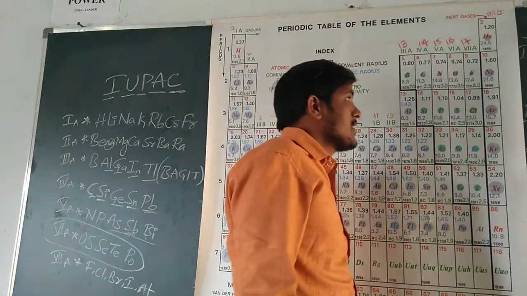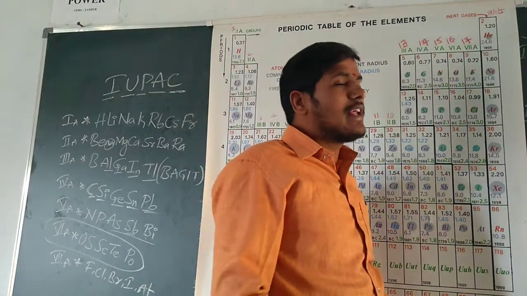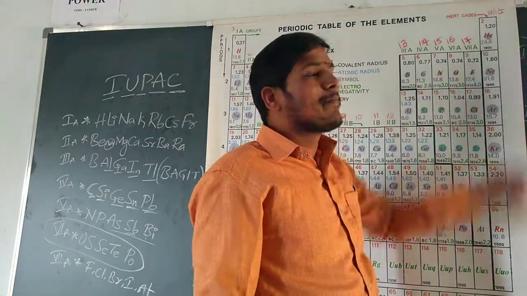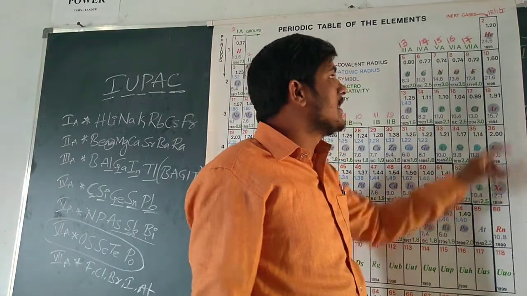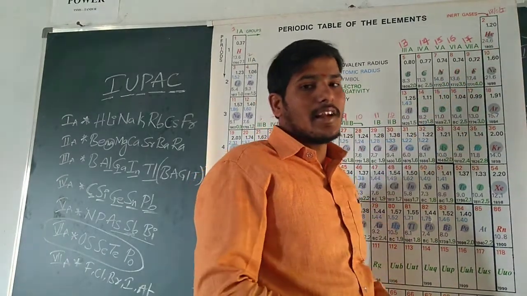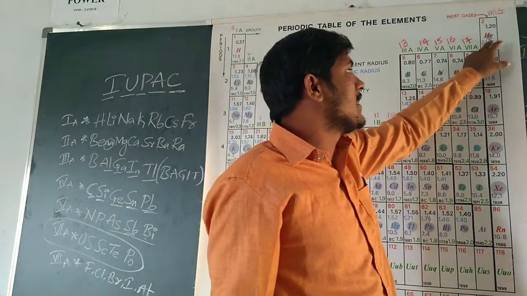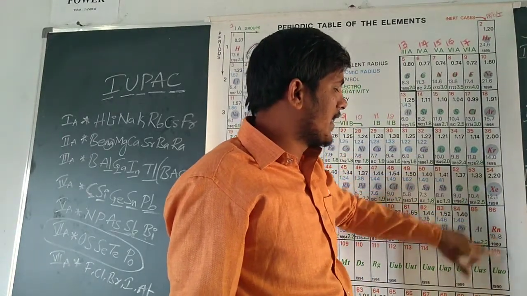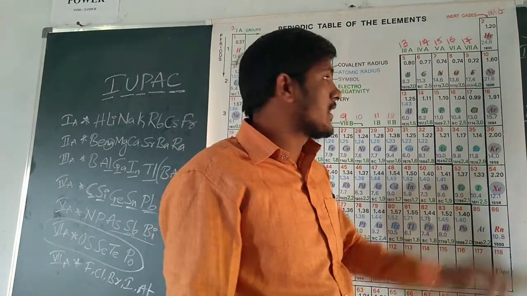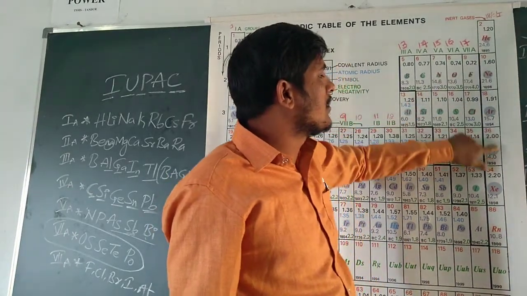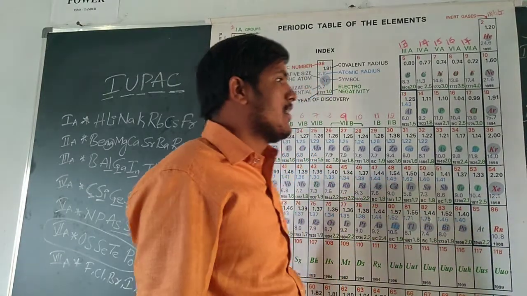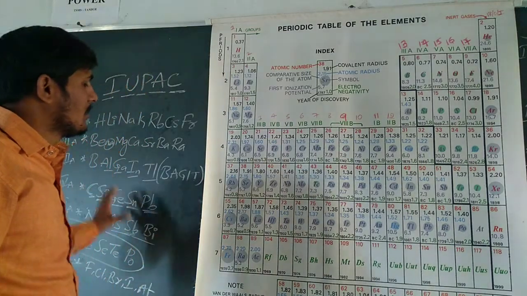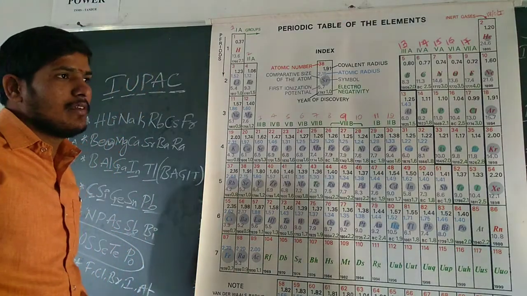or noble gases. Why? Because it has a stable electronic configuration in its valence shell. It does not easily lose or gain electrons. So that's why they are said to be noble gases, that are helium, neon, argon, krypton, xenon, radon. These are the noble gases. Once again, helium, neon, argon, krypton, xenon, radon are said to be noble gases. These are the tricks to remember the periodic table of the elements.